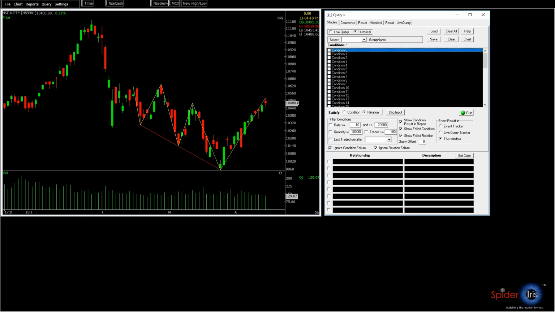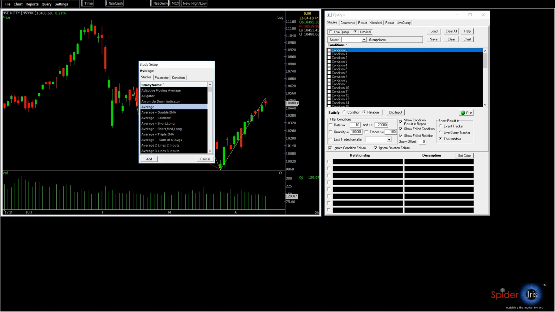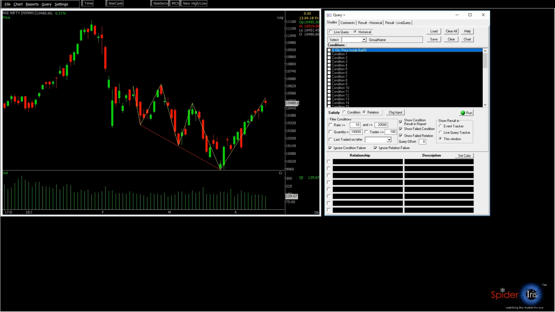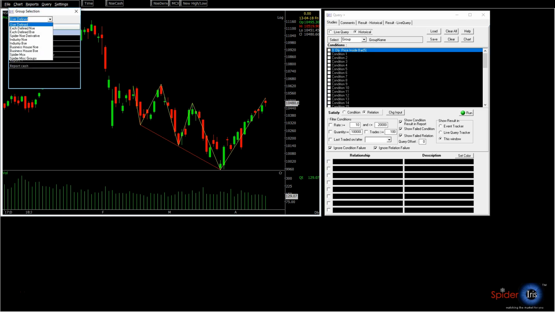Basically, this has an option where you can write a query and filter out the kind of stocks that you want. So I'm going to write a simple query to filter out inside candle formation. Go to studies, add price indicator, and on a daily time frame, I'll be using a filter called inside bar, right? This is the filter, and once I have added this, I need to select the stocks,